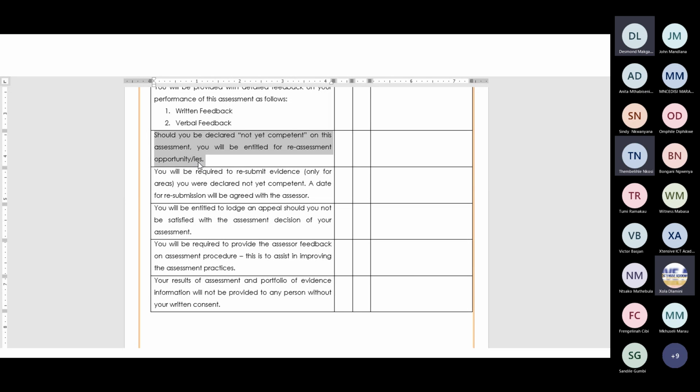Let me explain this, a very important aspect that I might not have explained earlier. When we say you resubmit evidence where you were declared not yet competent, so if you get an assessment with 10 questions and you get question 7 not yet competent, you don't start afresh with the whole assessment. You only do question 7. Am I clear, colleagues? Yes. So if the not yet competent is on question 7, you only redo